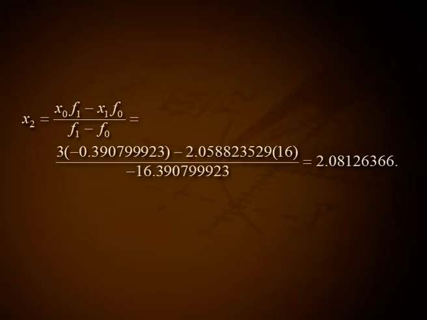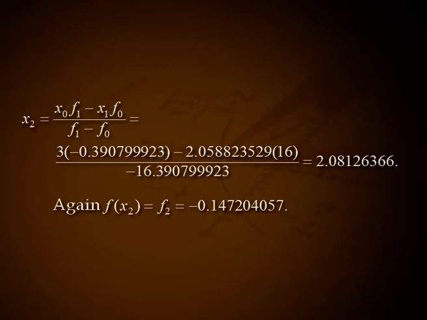Putting n equal to 1 in star, we obtain x₂ equal to (x₀ f₁ minus x₁ f₀) by (f₁ minus f₀), that is (3 into minus 0.3907999923 minus 2.058823529 into 16) divided by minus 16.3907999923, that is equal to 2.08126366. Again, f(x₂) equal to f₂, that is equal to minus